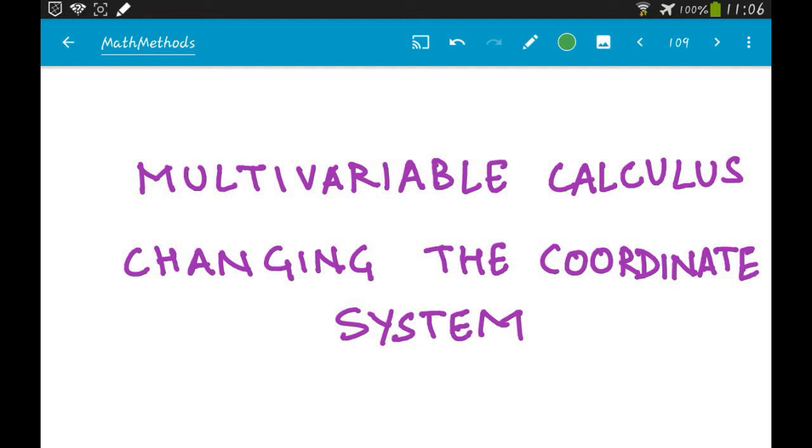Okay, so today we are going to learn about changing the coordinate system. You might have come across, or I'm sure you will come across in other courses, where you have to go from Cartesian coordinates, that is the XYZ axis, to some spherical, polar, or cylindrical coordinate system, which is easier to deal with, right? So let's look at some examples and let's see what we can learn from it.